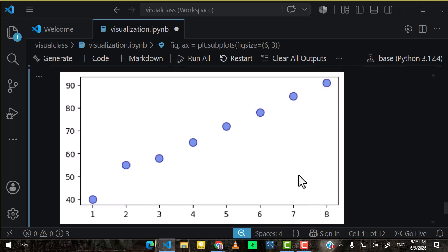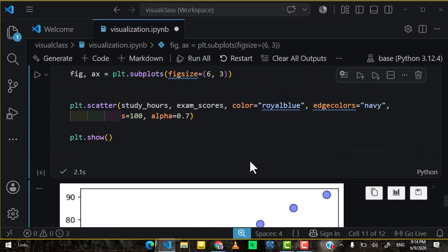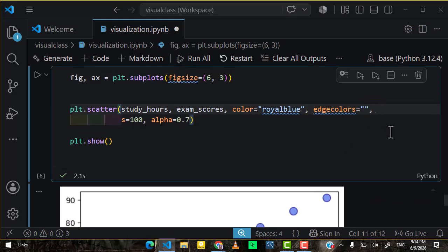So as you can see, it is well defined now. You have edge color around it. The main color of the dots is royal blue. If you don't use the same color, edge color is the color that is surrounding it. It's just like the outline. If you use something different, let's say black,